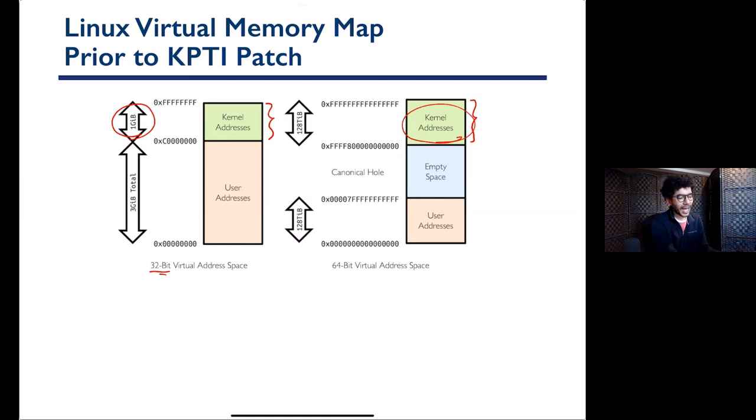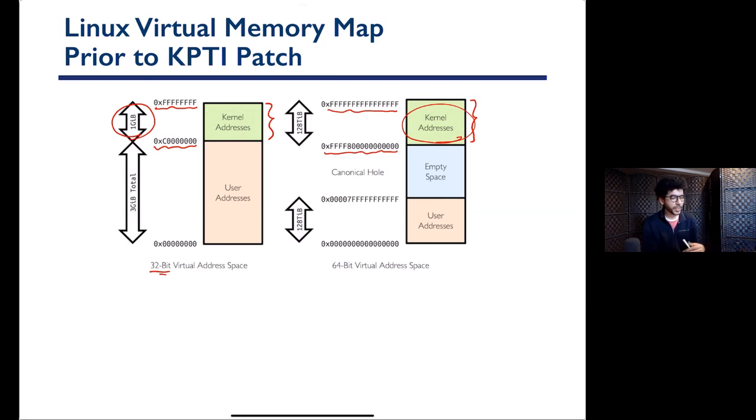So if you access any virtual address within this range, you're going to get a page fault because you don't have access to them. In a 32-bit system, any virtual address within the range of C00000 to FFFFFF is going to cause a page fault